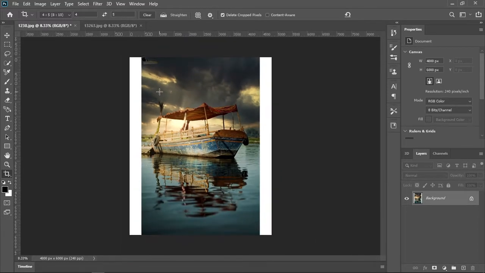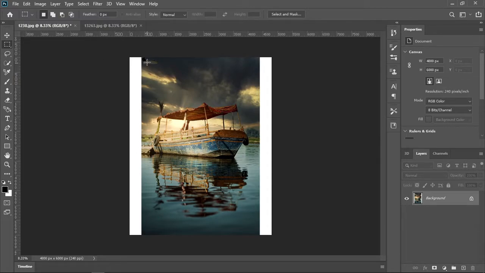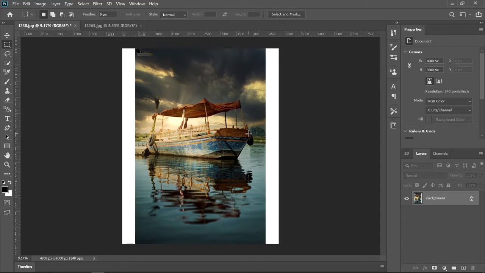And later we will go to the rectangular marquee tool and make the selection. Here we will select the edges almost near the subject, where there is not much of the subject, so in this image I have selected till here, meaning I should not expand beyond this.